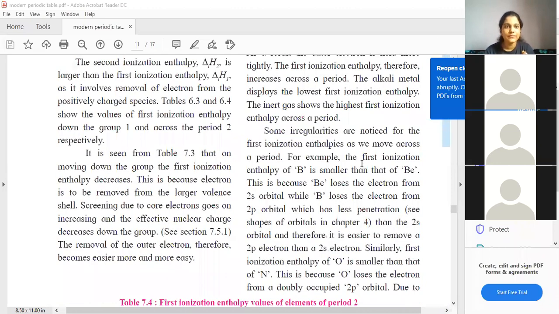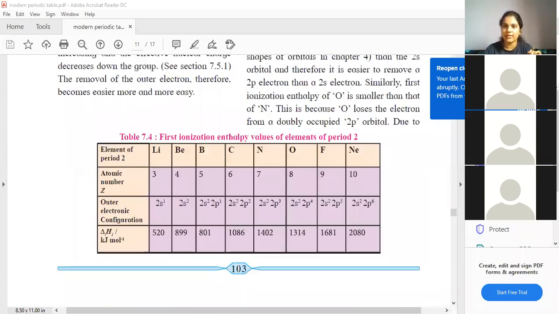Yes, students. Okay, or what I'll do is I'll show you all for the period as well. Then maybe you all can come up with the answer. You all can see there's another table. It shows first ionization enthalpy values of period 2. So now this is across the period. Students, all remember, we are studying periodic trends. तो पहले concept पढ़ना है और फिर what happens across the period, down the group वो भी पढ़ना है. So you all can see here we are going from lithium till neon. Okay, this is the second period. For lithium, the first ionization enthalpy is 520. For neon, it is 2080.